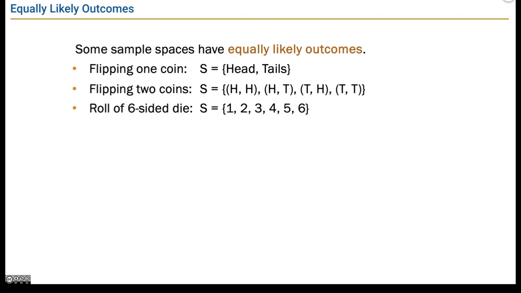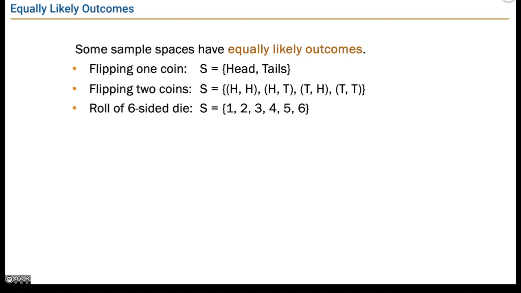So, equally likely outcomes. First, let's think about some examples of sample spaces. Some sample spaces, especially ones we'll use for our basic examples in this class, do have what are called equally likely outcomes, which means flipping a coin, I have equally likely heads versus tails. Flipping two coins, this idea of heads heads versus heads tails versus tails heads or tails tails, those are all